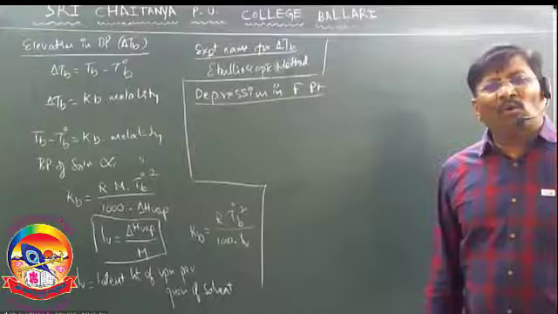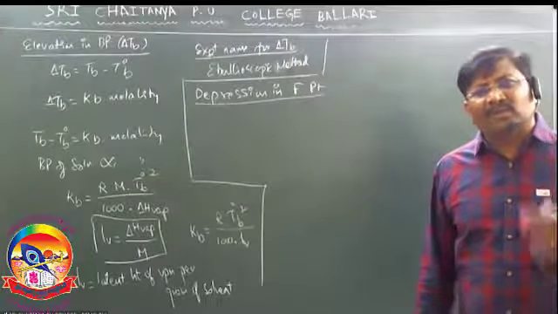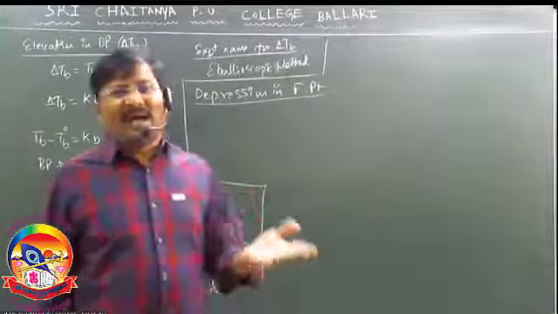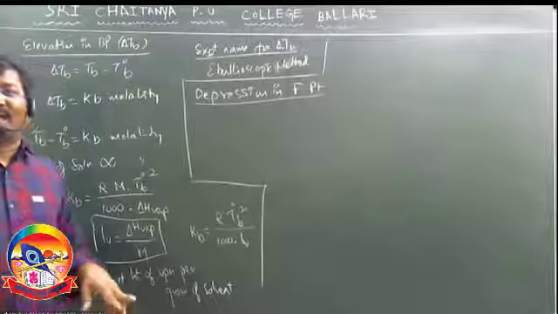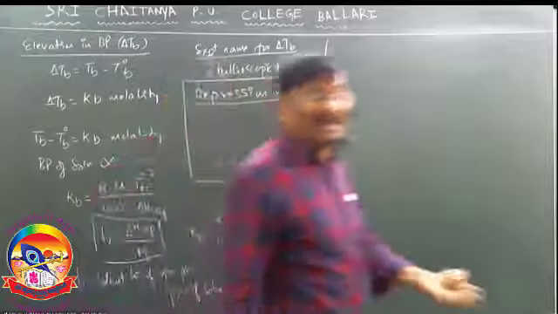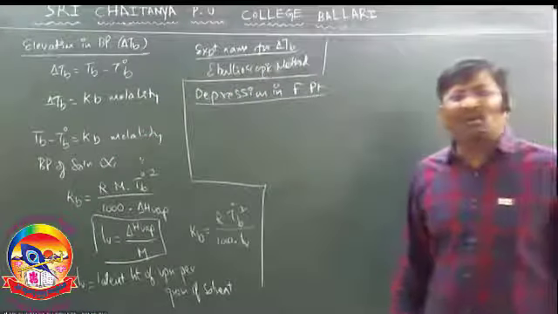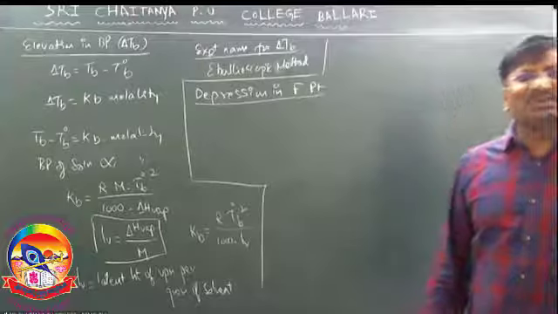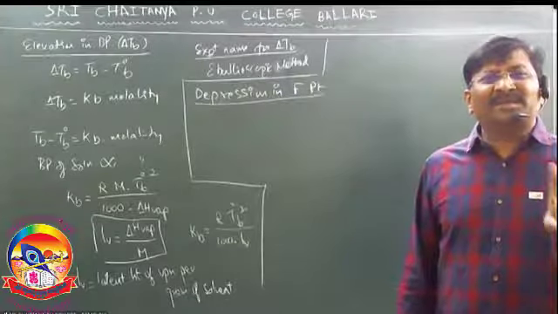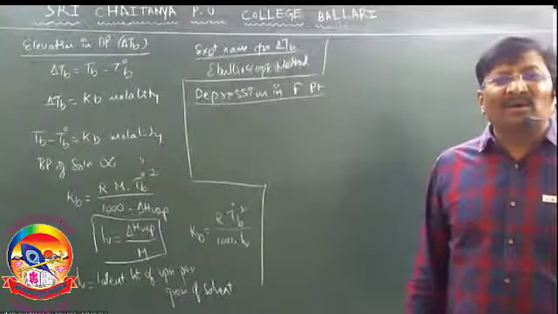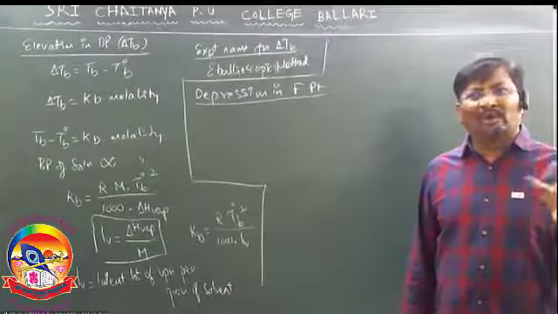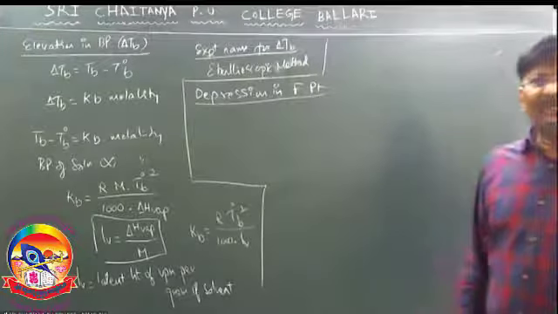Therefore, what about the freezing point of the solution now? Is it equal to 0 degree C? Less than 0 degree C? Otherwise, more than 0 degree C? Less than. Depression means decrease, the name itself is indicating. So when a solvent is changed to a solution, its freezing point will be lowered. Okay? Freezing point will be lowered.